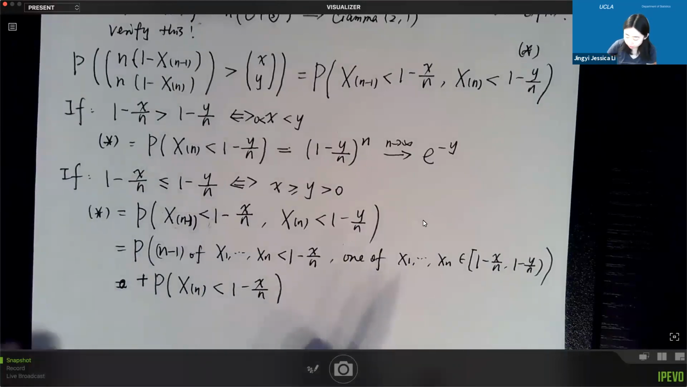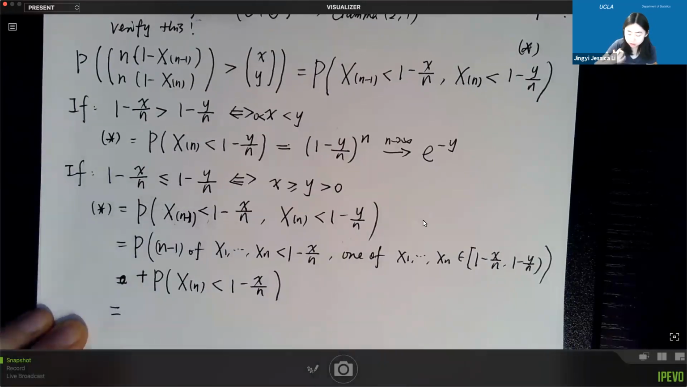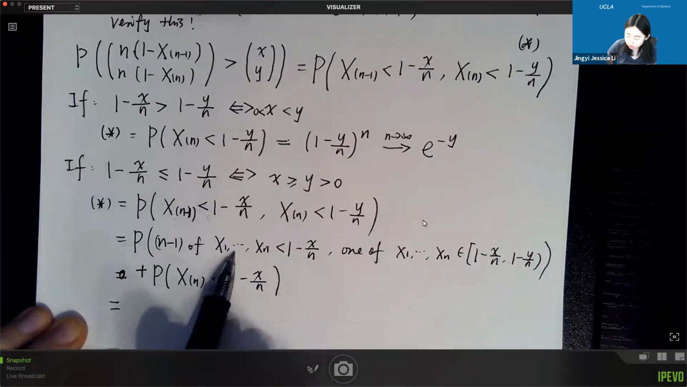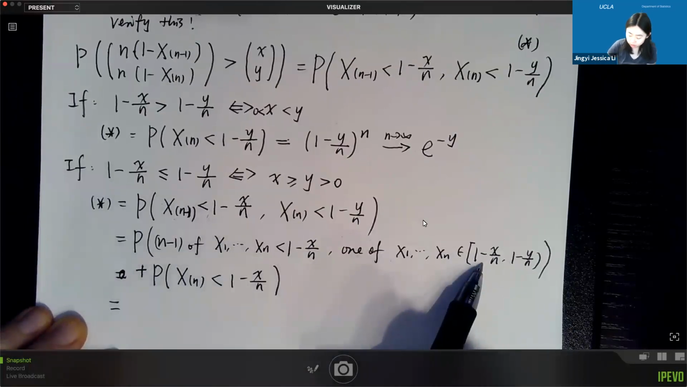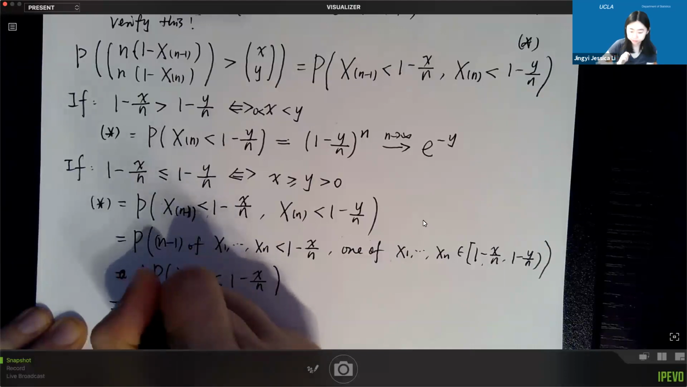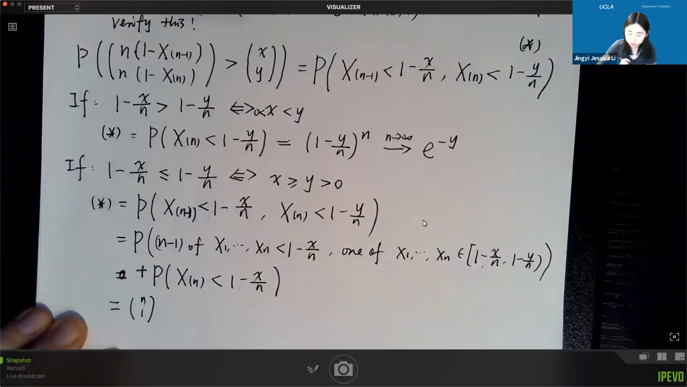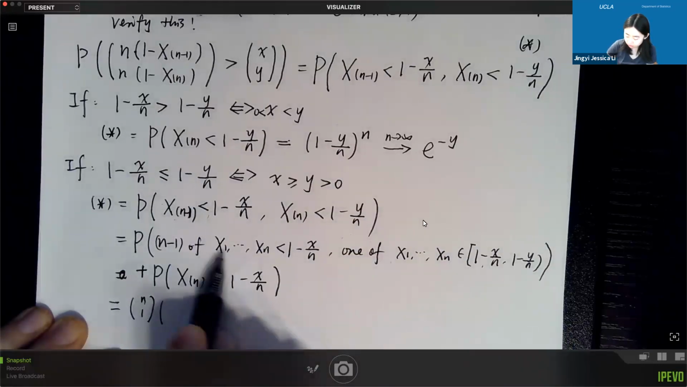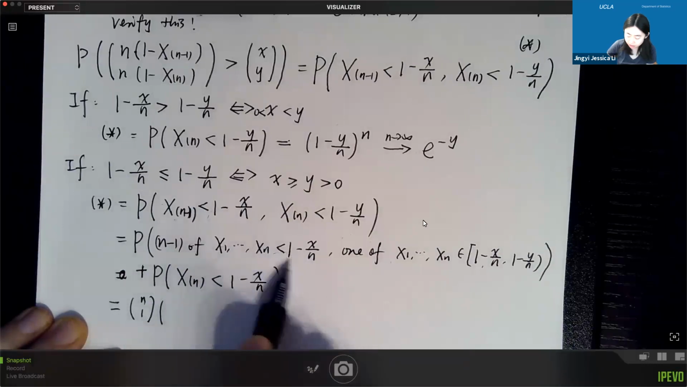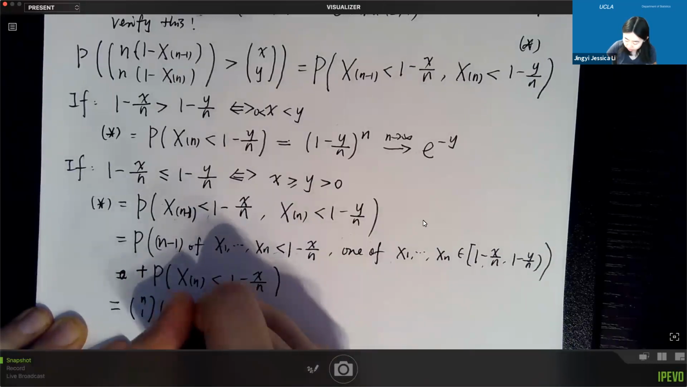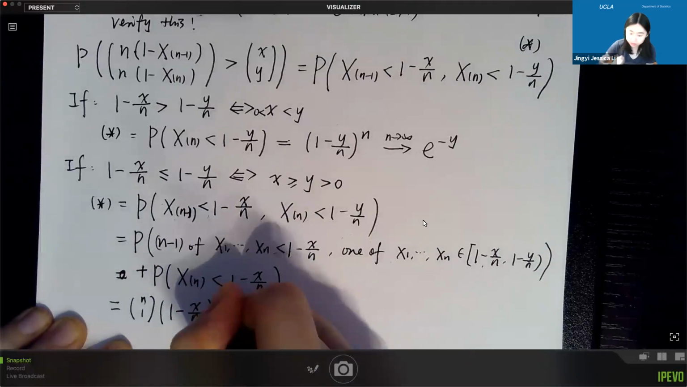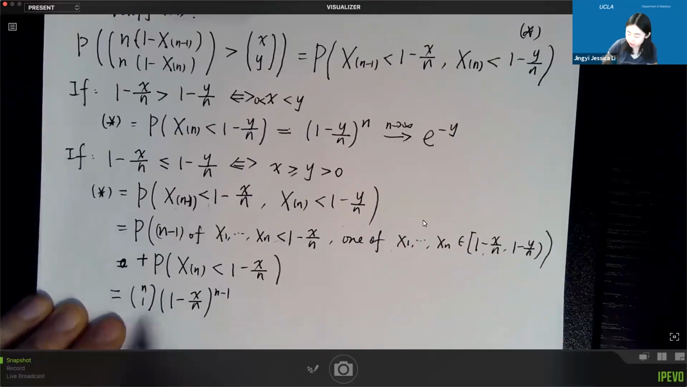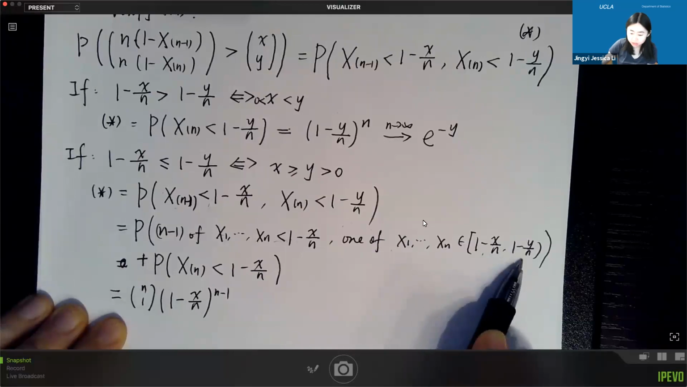Okay, so then for the first probability, I need to use combinatorics. I have n of them, and I only need one to be in this interval. So it's an n choose one problem. After I choose that one, for the other n minus 1 of them, their probability of being under this is 1 minus x over n, raised to the power n minus 1. And for the remaining one, the one I picked, it's between this interval, and the length of this interval